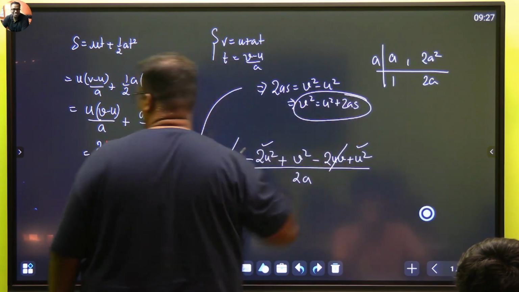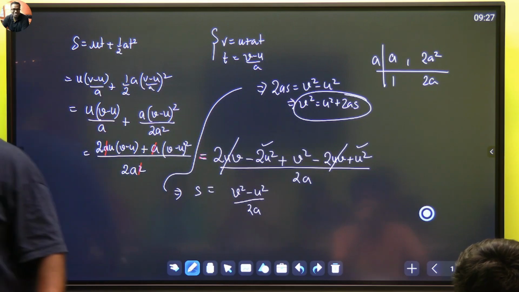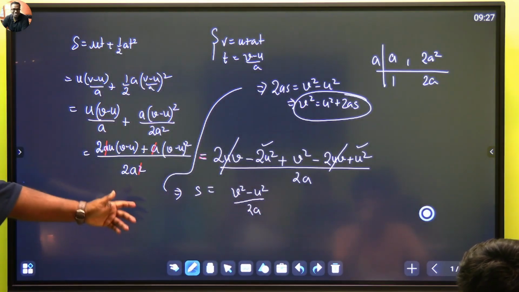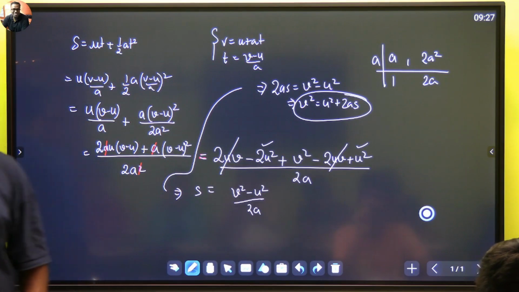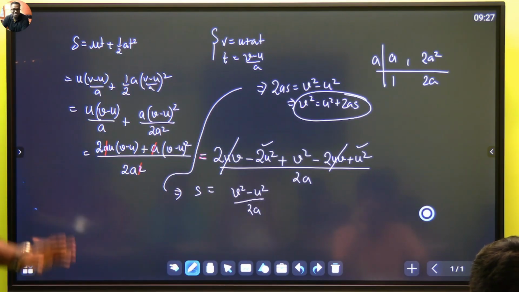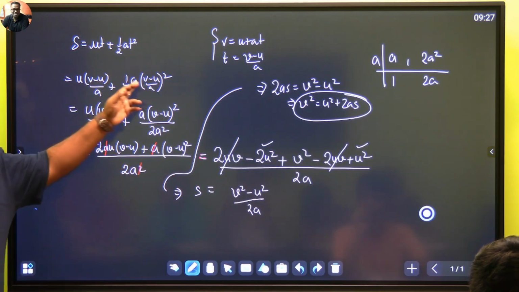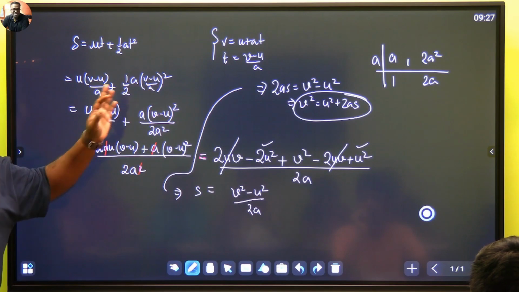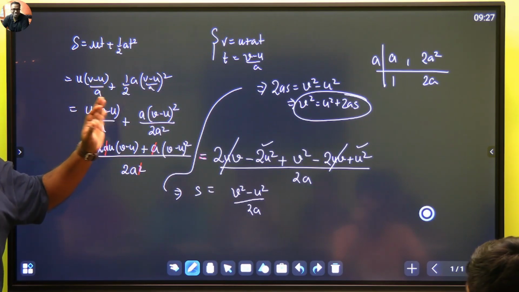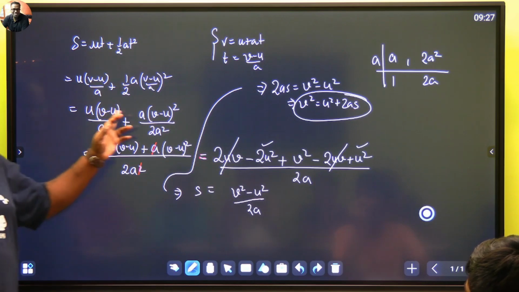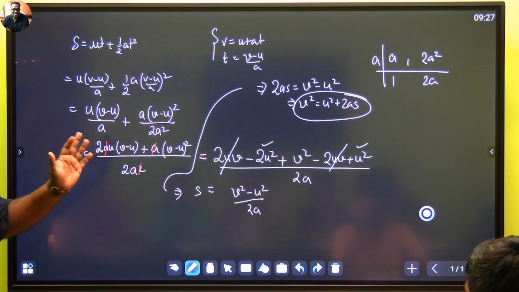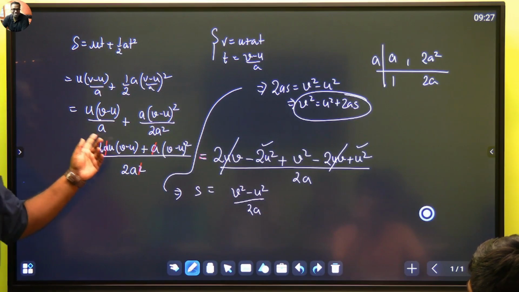देखो तो आप अपने तरह से भी कर सकते हो. If you find that the way I'm simplifying is becoming difficult for you, you do it your way. But end of the day, you should know how to derive it. That's the only thing. Have you understood this process? What have I done? I have replaced both the t. You are actually not lost in physics. You are getting lost in maths. I have taken out both the t's. Fine. After that, a square and 2a square.